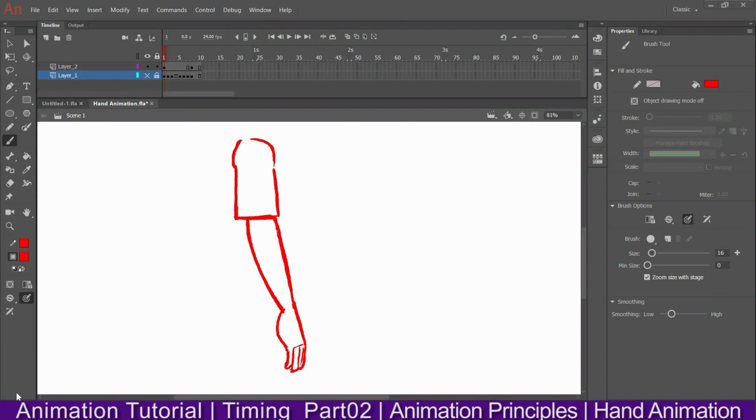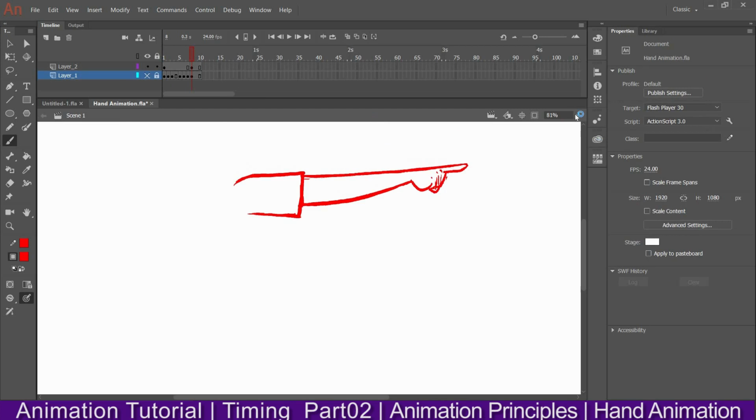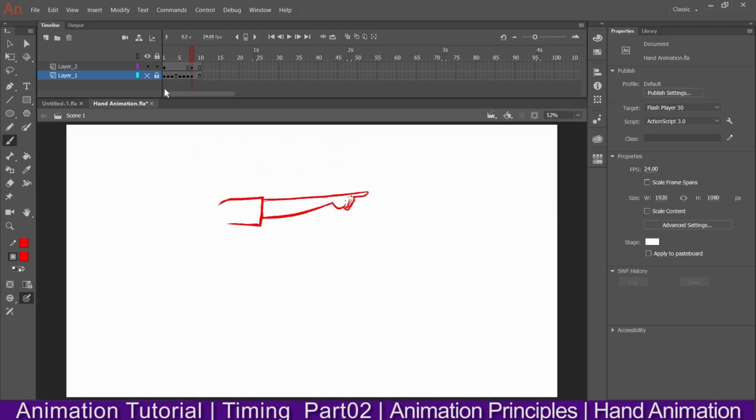So as you can see here, I have drawn a hand, and finally it should be like this. So the animation should, let me show the frames or show all, okay, or fit window. So this is the first frame and this is the second frame.